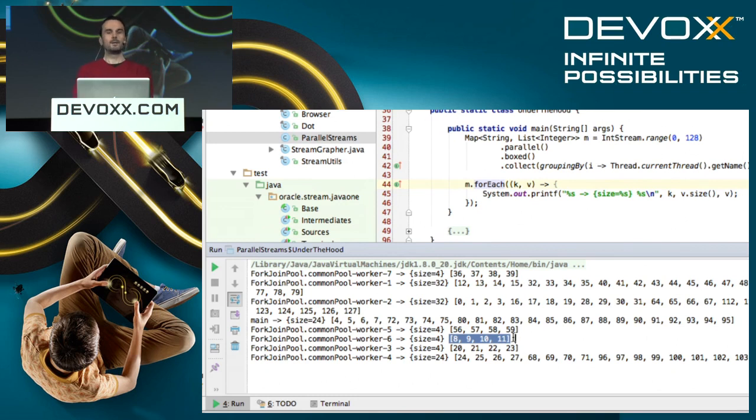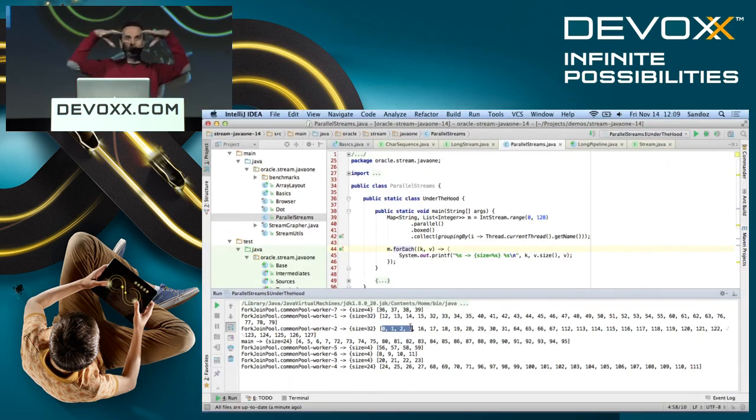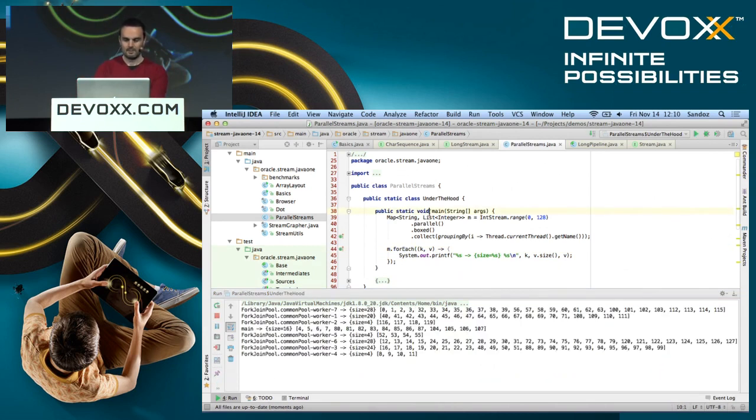And we can see it's lumpy. We can see that some get 4, some get 32. We can see that it's not contiguous in a way. Each thread gets different bits of the work. So it's naturally sort of out of order, if you like, in what's going on underneath the covers. And we have to preserve order up above to make sure this non-determinism doesn't pop up above to you unless you actually want it. So if we run that again, we'll get a different result. And we'll get a different result like that. It's inherently lumpy.